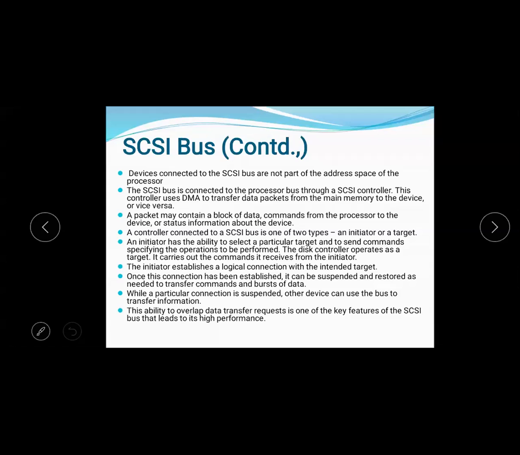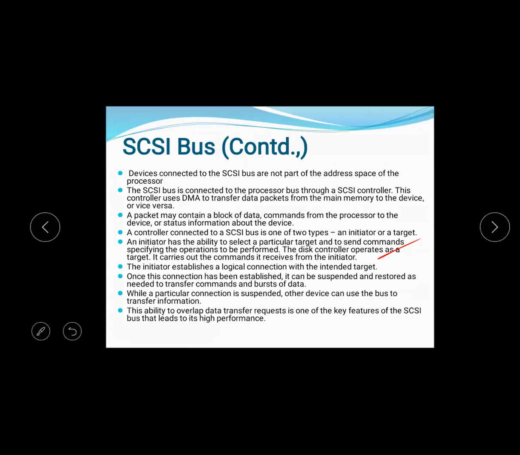An initiator has the ability to select a particular target and to send commands specifying the operation to be performed. The disk controller operates as a target. It carries out the commands it receives from the initiator. If you want to transmit data from the disk to the processor, the processor is the initiator and the disk controller operates as the target.